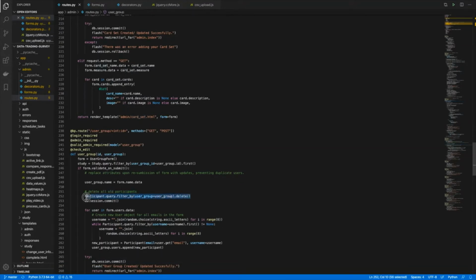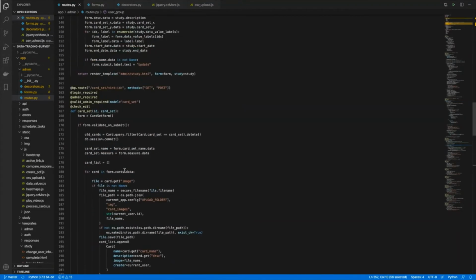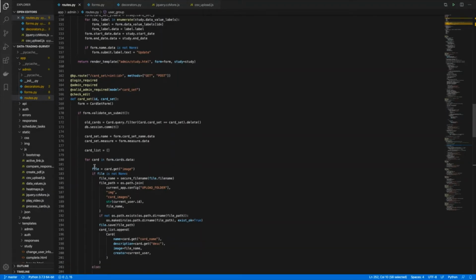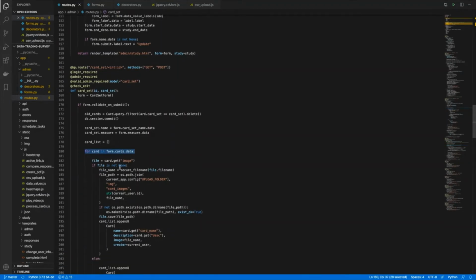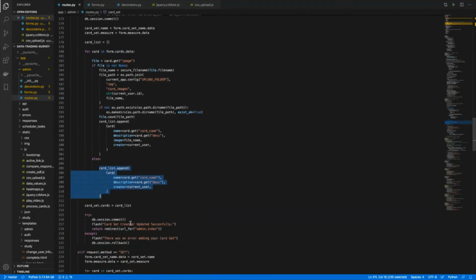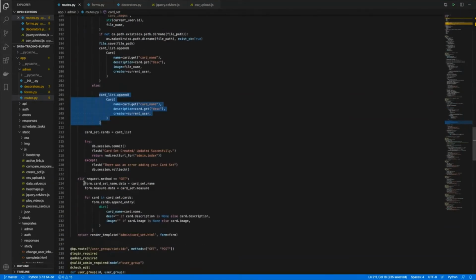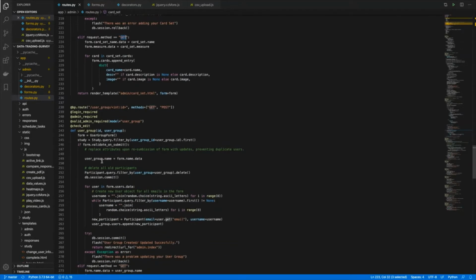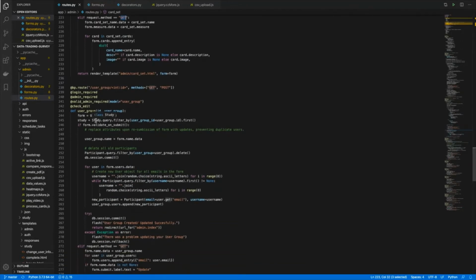See them all being deleted, and then subsequently they're created again within this for loop here. So we're adding the image to the file system and creating the new cards based upon the form. And again, you can see the population of data if the client is performing a GET request. And this structure is also replicated in this user group endpoint.